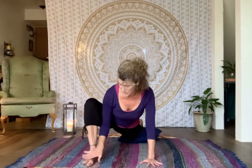Coming forward into your lunge, now you move it out a little bit. Hands to the inside and play with the leg hugging in at first. Big toe presses down. And then, do you want to lower? No pressure. Always be happy with what you're doing, okay? Just kind of check it out and see if your body is talking to you that day. See if it's ready for that